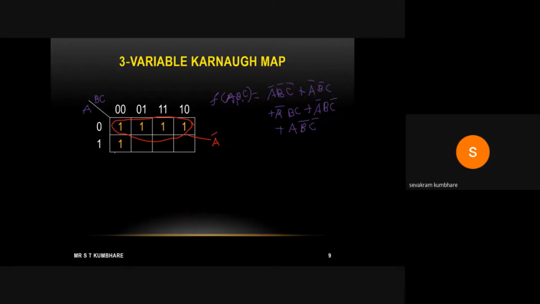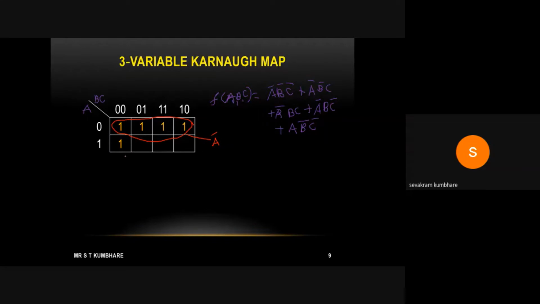Now the remaining minterm is this one. Now can I club this one in four consecutive adjacent minterms? I cannot, because I have this one, this is one, this is blank, this is one. So only 3 are there. So I cannot club these 4. Now can I club this one, this one, this one and this one? I cannot do this also because this is blank. So 4 grouping is not possible.